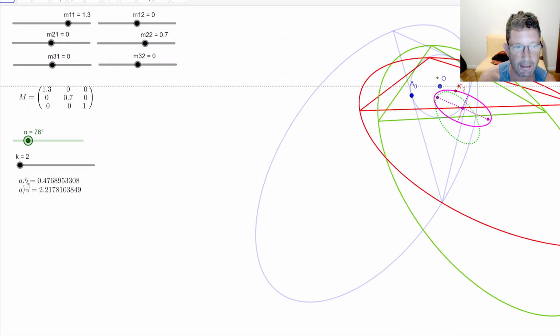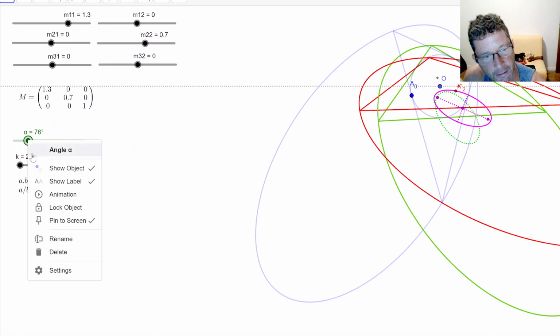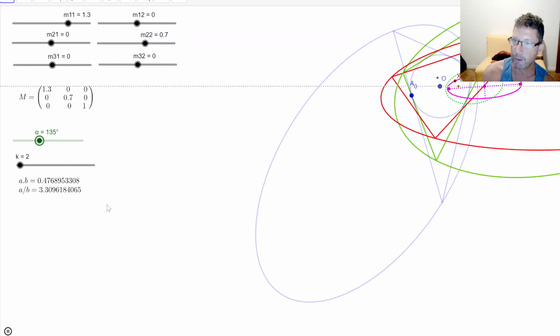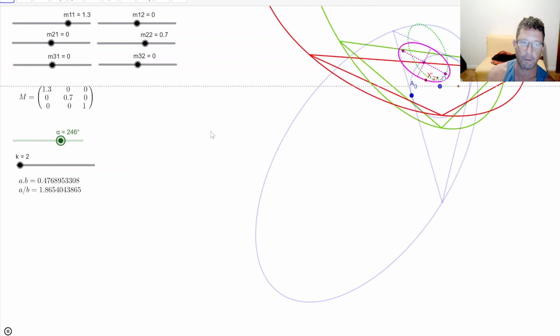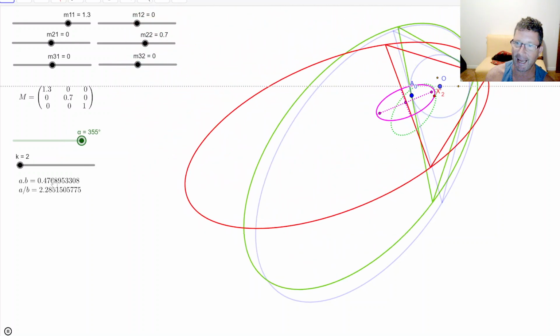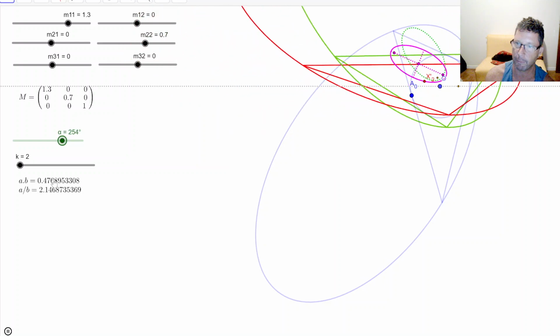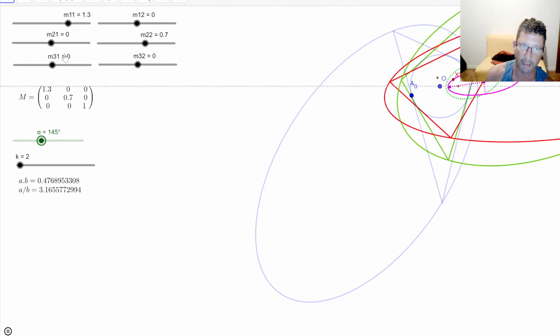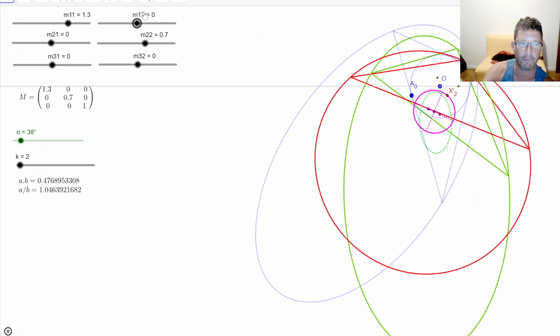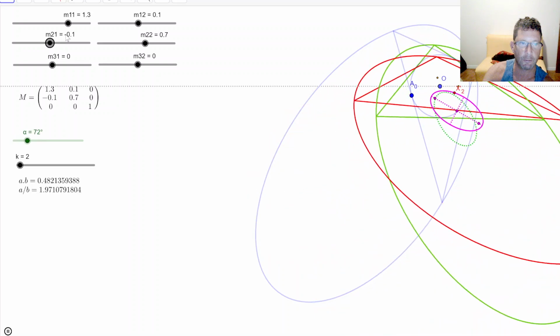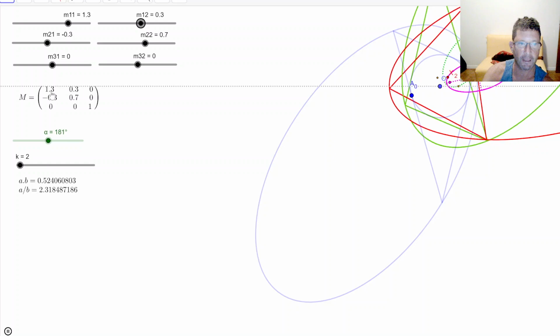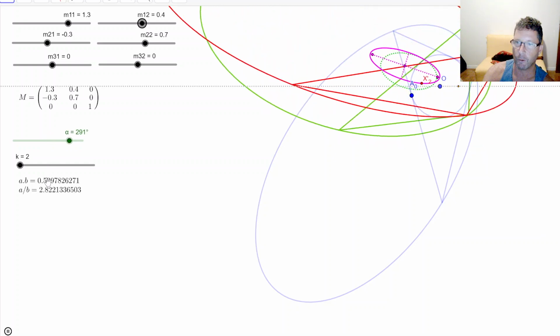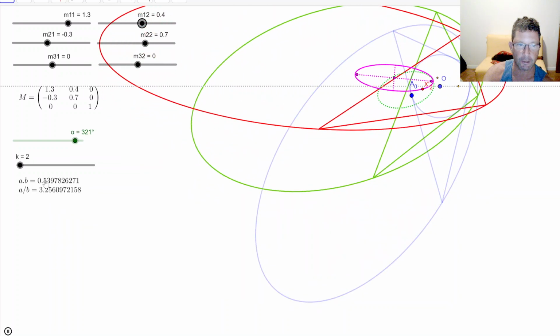Now, I'm showing here as well the product of the semi-axes of the magenta locus and the ratio of the semi-axes of the magenta locus. And right now I have an affinity. So let me animate the rotation, and let's observe if there are any conservations for that family of loci. So it looks like in this case, the area of the locus of x2 is being preserved. Let's perturb a little bit my affinity. I'm going to put non-zero values on my off-diagonal entries. It looks like the locus of x2 continues to preserve area,